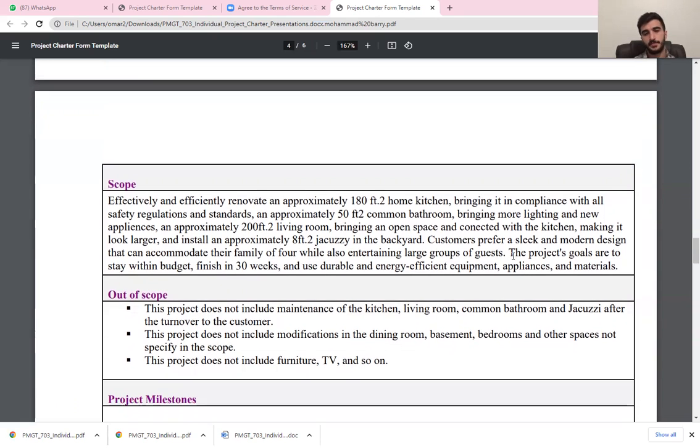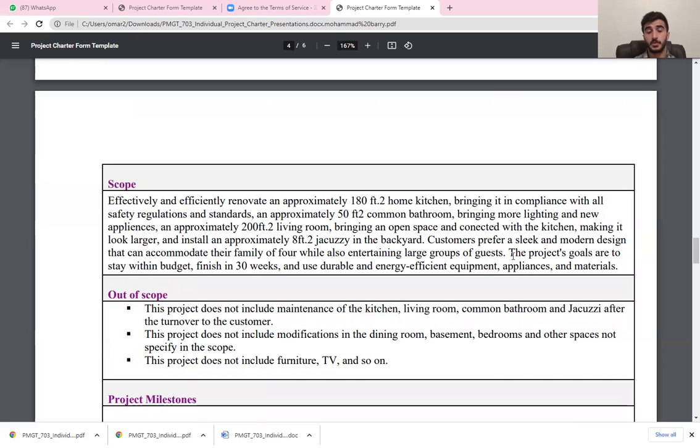The out of scope. What's the reason for identifying the out of scope if we are not going to use it? The reason for that, the most important thing in project management, is don't try to wow the customers. What does that mean? When you identify the work of the project and you say, I'm going to do this and this and this, you are making things clear to the clients. Maybe some clients come in the middle of the project or at the end and ask why you didn't provide this and this and this. But when you make the work clear for them, what's in the scope and what's out of the scope in the project charter, they can ask for it.